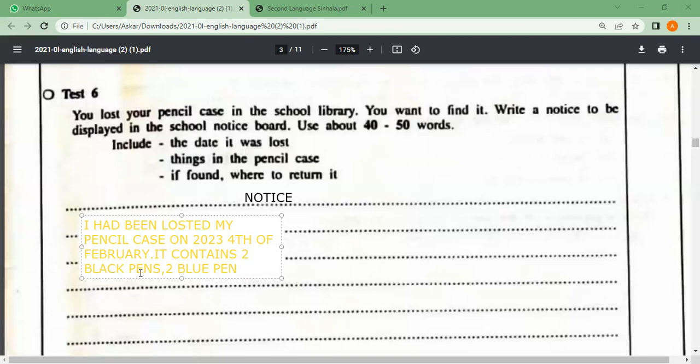Two black pens and two blue pens. Sorry, I thought of one. So pens,